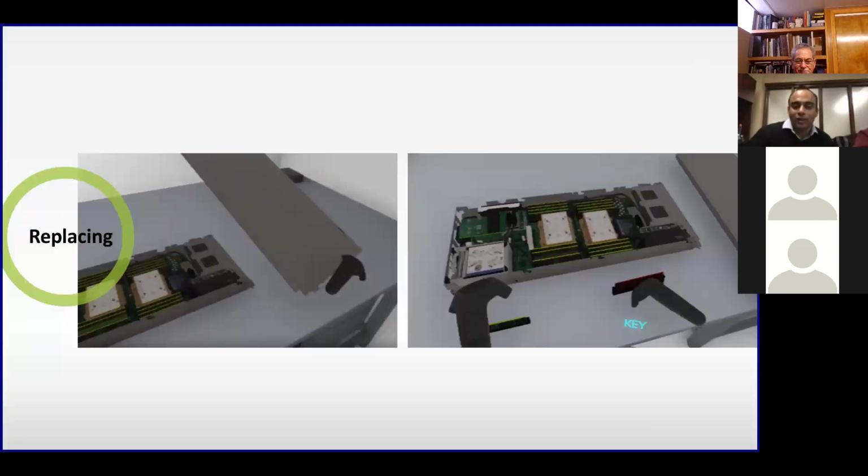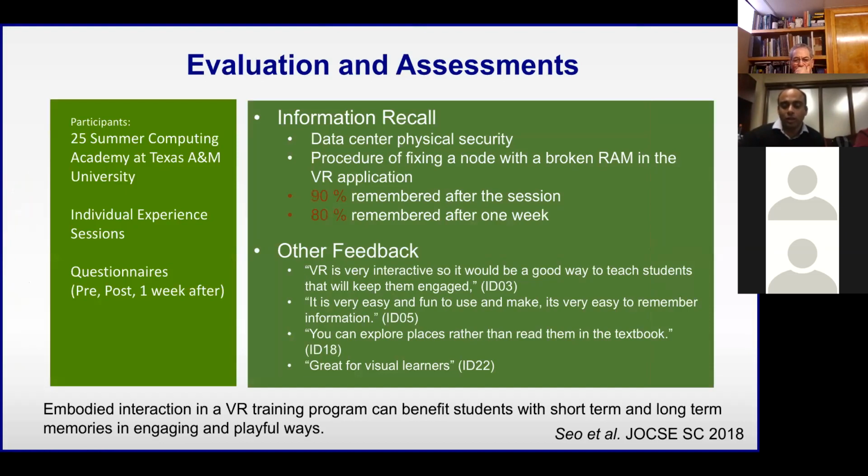All right, so after the video, in the next stage, a student can take the node to a virtual workshop. They can open up the node. They can see different components of what's in a node, replace a memory card with a new memory card, and put the node back in where it belongs. The entire simulation takes between 6 and 25 minutes, depending on how familiar someone is with virtual reality. That is a challenge we're still working on.